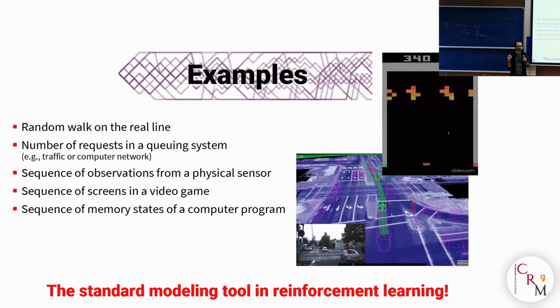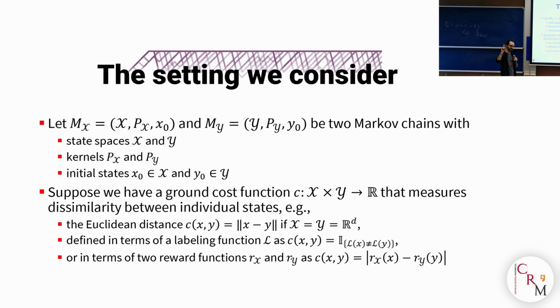Okay, so this is the precise setting that we're going to consider. We're going to have two Markov chains that we are going to try to compare to each other. They are going to be living on potentially different state spaces. Again, they're going to have potentially different transition kernels, and they're going to have potentially different initial states x naught and y naught. The reason that I'm saying potentially different is that the version where x and y are the same, px and py are the same, but the initial states are different. This is already something that's interesting and has been studied in the literature a bit. But think of all of these as different spaces, different transition kernels, and so on.